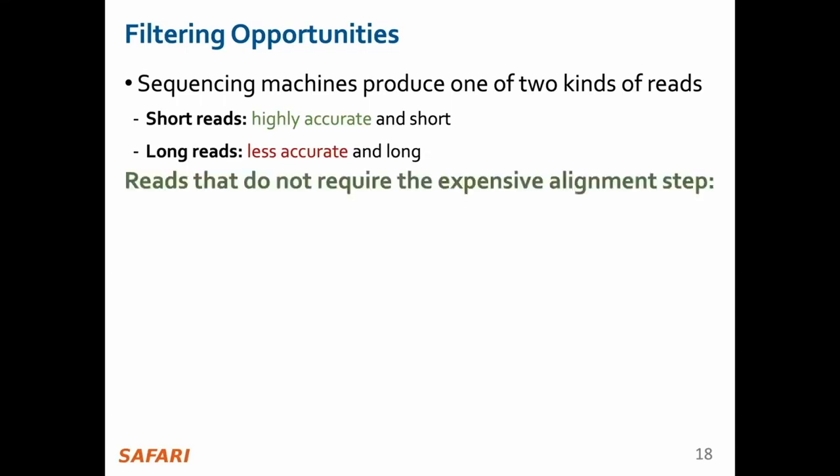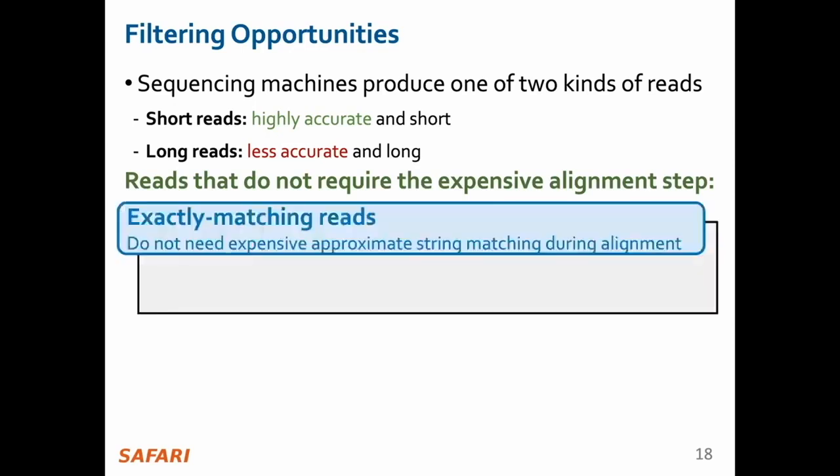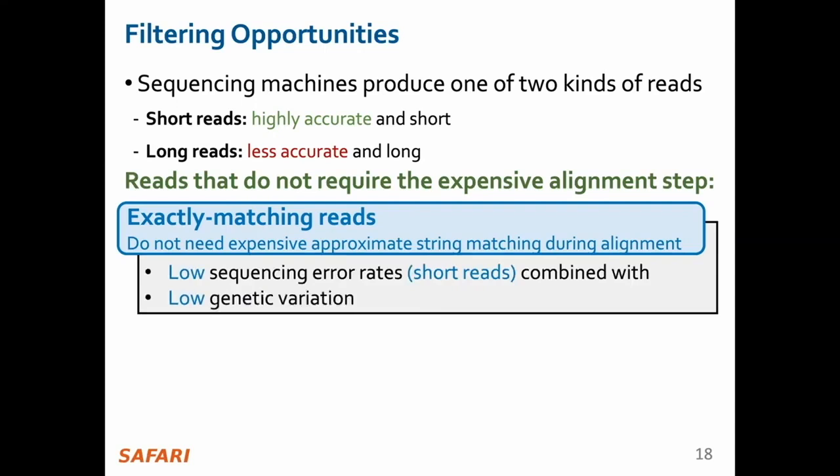Reads that do not require the expensive alignment step, and therefore are good candidates for the storage filtering which we leverage in this work, are exactly matching reads that do not require expensive approximate string matching during alignment. That frequently occurs with short reads that have low sequencing error rates and also